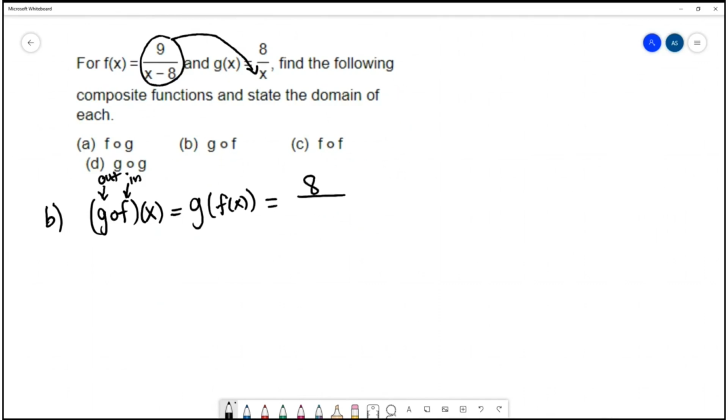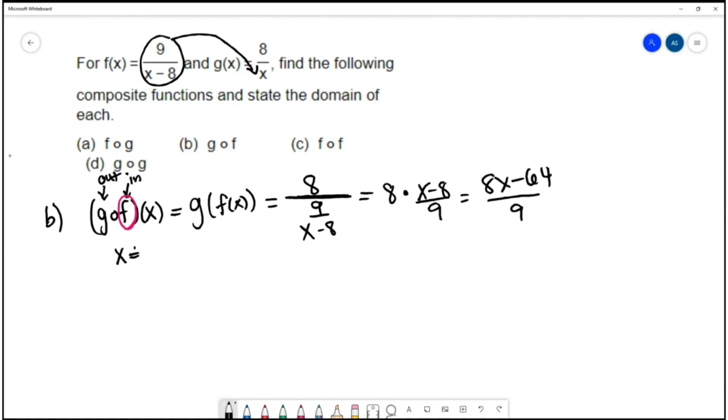This will give 8 over 9 over x minus 8. I'll treat this fraction bar as division, and we'll multiply by the reciprocal to simplify. That gives 8 times x minus 8 over 9, which is 8x minus 64 over 9. Now, thinking about domain, we're going to start by excluding any values of the inside function. So we found earlier that